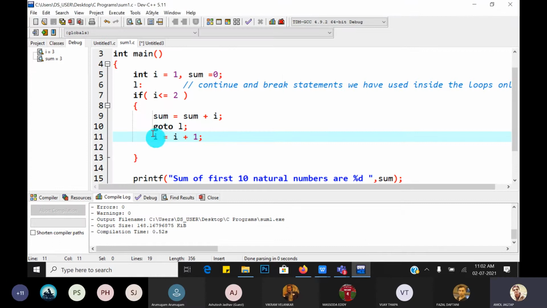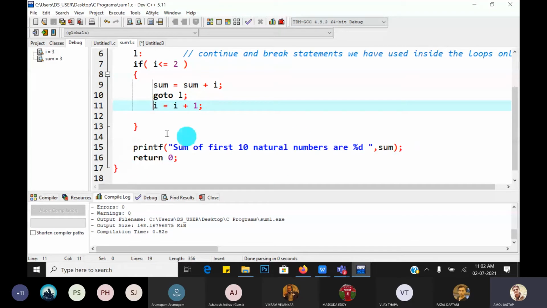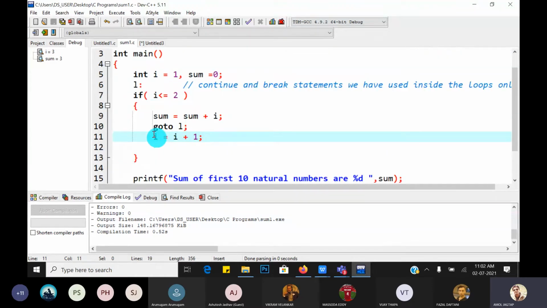There is no output because the cursor always goes from this goto L, goto L like this, and there is no execution of this print statement because we have not incremented i. So we have to place i plus plus after sum is equal to sum plus i or before goto L. So this is called the algorithmic steps. So algorithm is the most important part. Okay, that is the way of thinking. Understood, guys? Yes, sir. Yes, great.